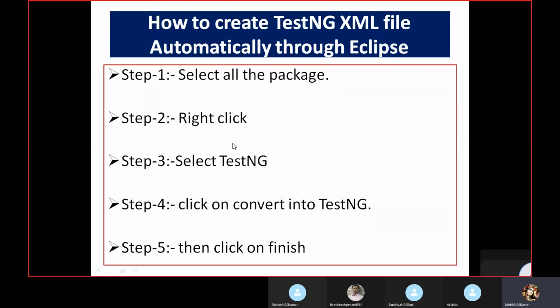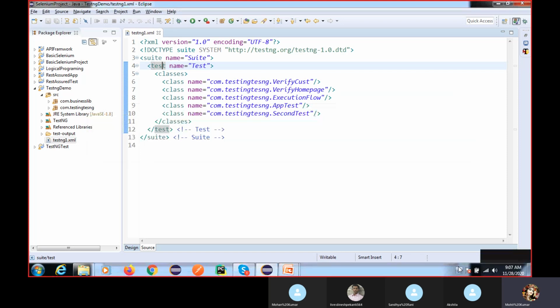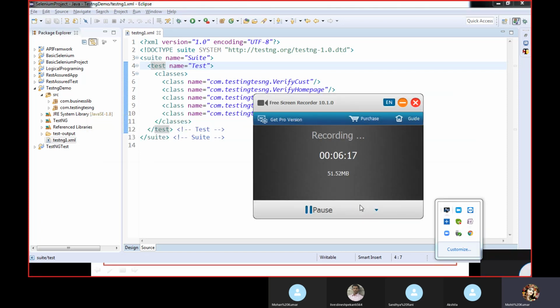Okay, so now select all the package. How to create the testng XML file automatically. Give me 1 second. I want to close my window because